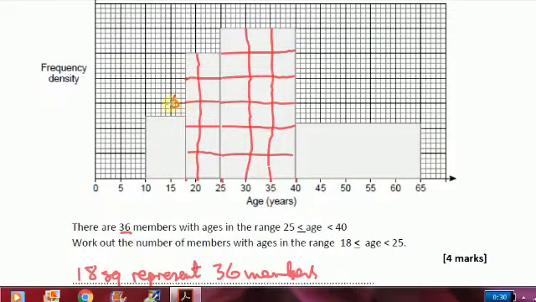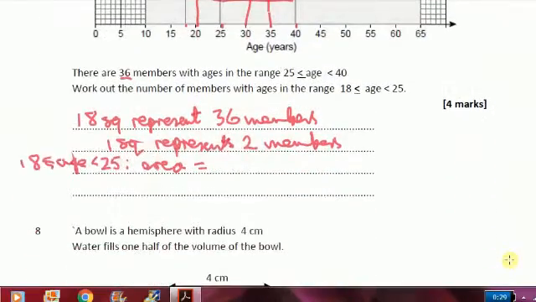So that is 1.4 units along there. So the area of that bar is going to be 5 times 1.4, which comes to 7